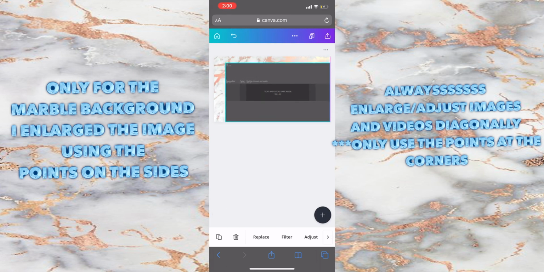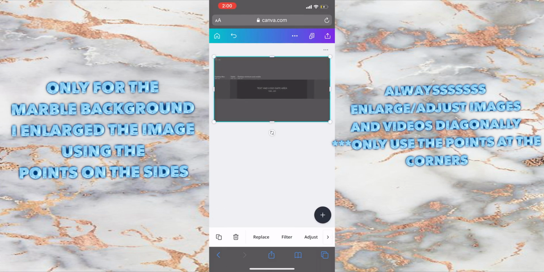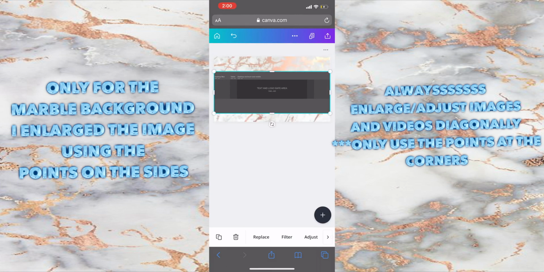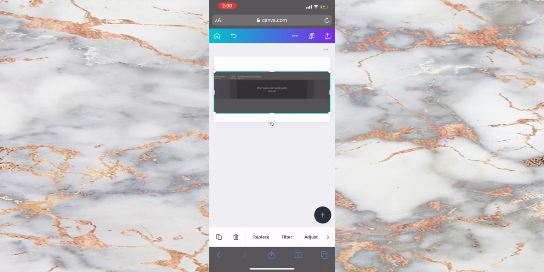So like I said, whenever you're enlarging an image, never enlarge it horizontally or vertically. Always do it diagonally. Now, the reason why I'm putting this template over my background is because I want to make sure that I place it right on top. And since this little margin or column that has the darker square, that small right here where those blue lines are,